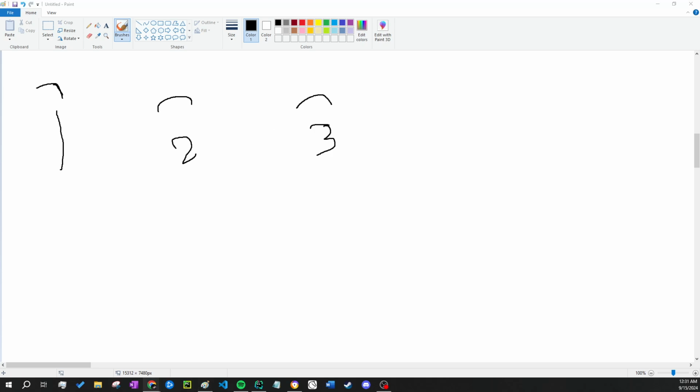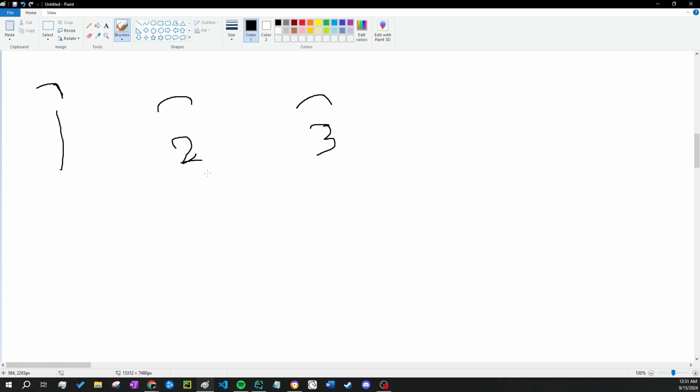Since it's a subarray, yeah, absolutely. So they cannot be 1, 3. You can't just jump from 1 to 3 and skip 2. So the number of good arrays here will be one basically.